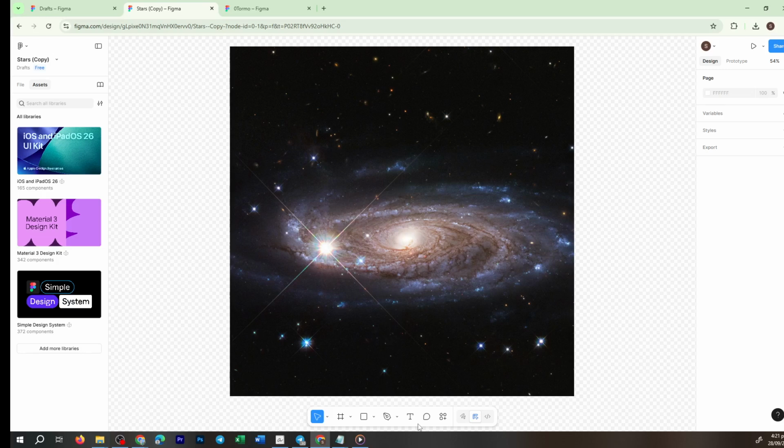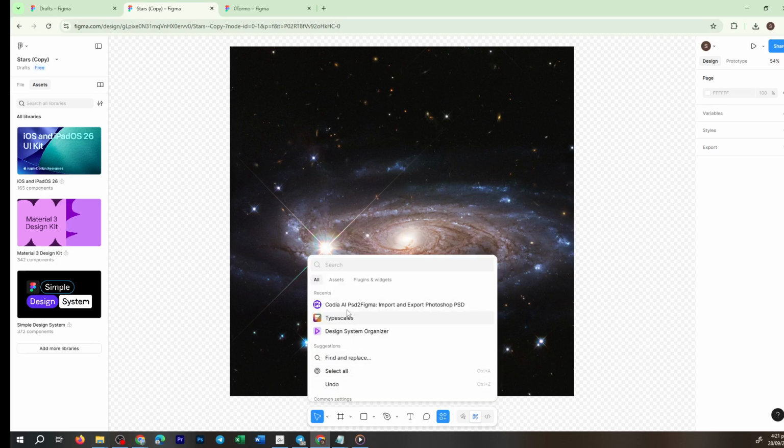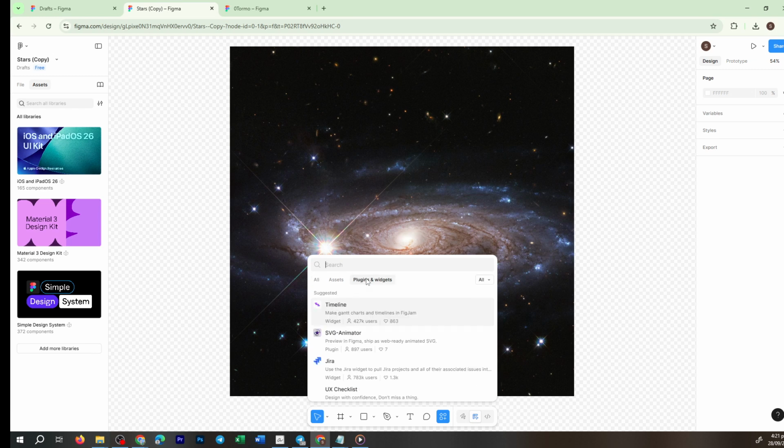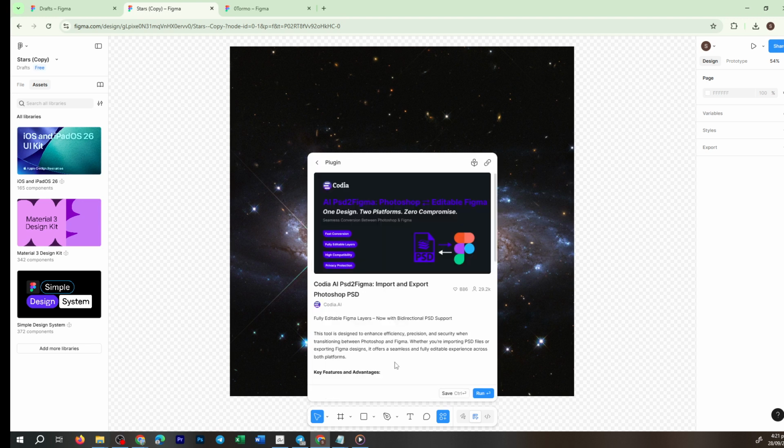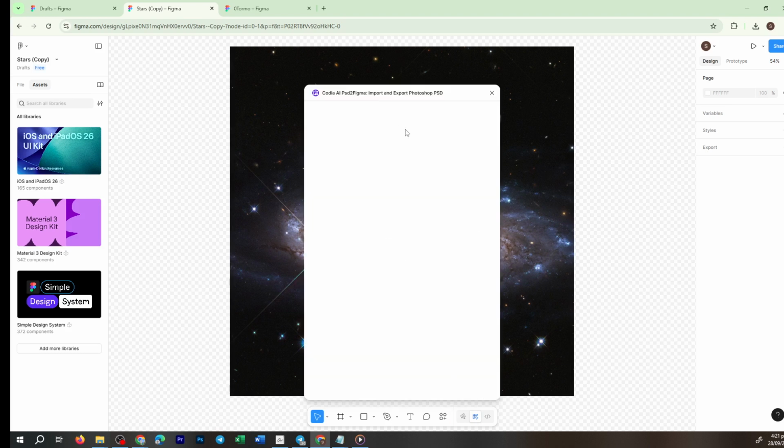Next up, open the Action menu. Here you'll see a wide array of useful features, including extensions designed to facilitate specific tasks. In the search bar within this menu, type in Codia AI PSD to Figma. This nifty tool allows you to seamlessly bring your PSD or AI files into Figma, automatically converting them into editable layers and components. It's quite fascinating how efficient it makes the previously cumbersome task of porting designs to a digital